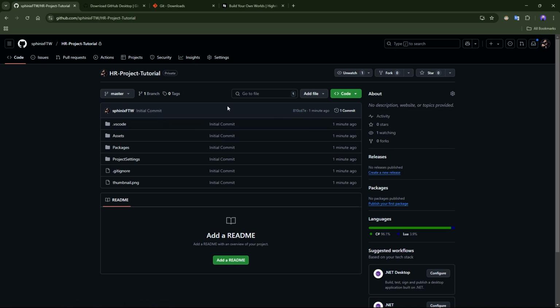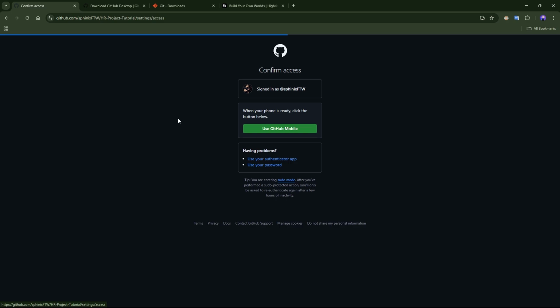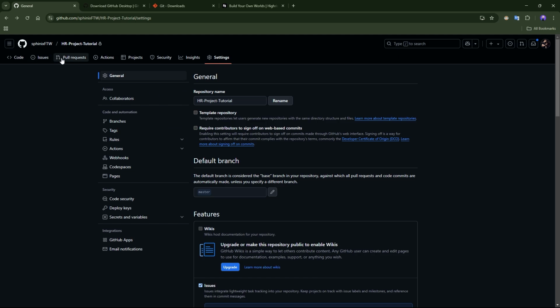But first, if you want to add someone to collaborate with you, you can go to settings and then collaborators, and in here you can authenticate. I already have a two-step authentication, that's why I'm going to get the use GitHub mobile. But if you don't, you can basically just invite members to your repository. Okay,